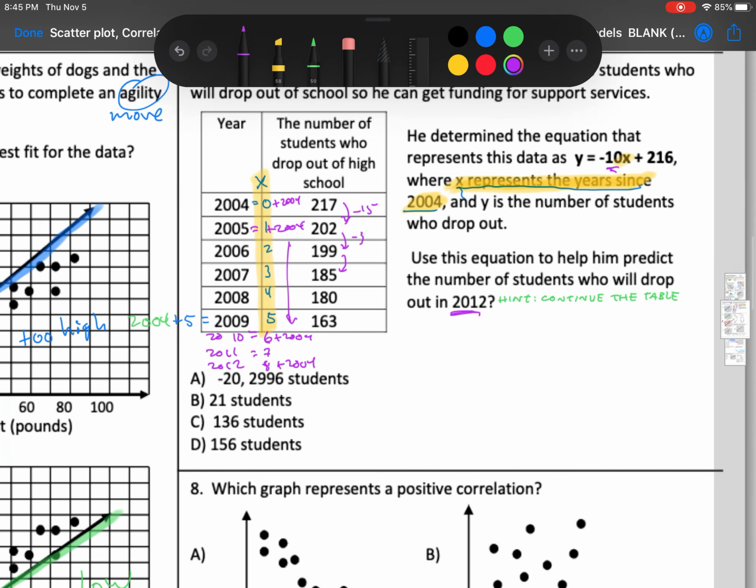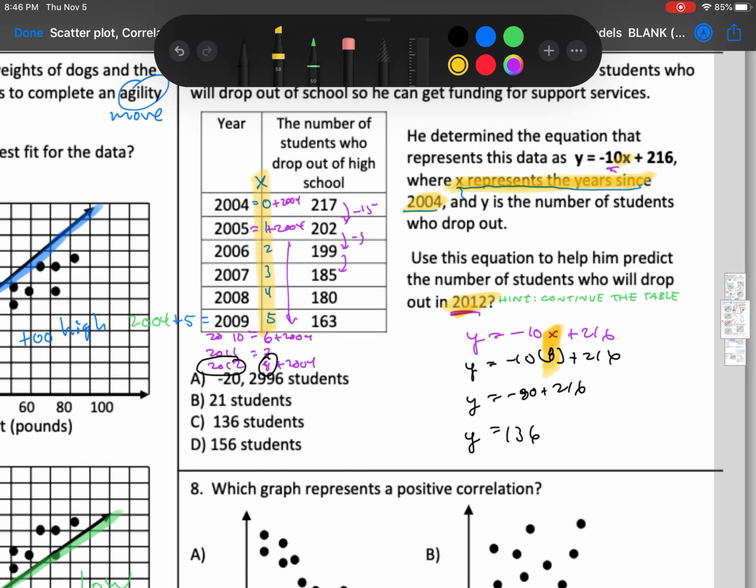So let's write the equation again. Y equals negative 10x plus 216. And we said that the x values here represent the years since 2004. So x represents years, okay? And use this equation to help them predict the number of students who will drop out in 2012. Okay, so that's a year, and that's what I want. Okay, so normally you would think, okay, 2012, I'm just going to use this number. But remember, the number you're putting in here is the number since 2004. So we're going to put in 8. And if you did your math here, you're going to get negative 80 plus 216, and you're going to get a value that is 136, okay? So our answer is